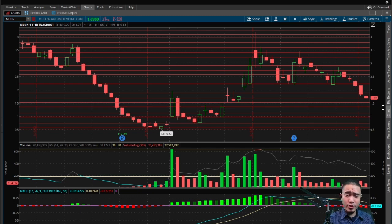Momentum is cooling off here. This didn't have the hype around it like it did before. So I would say going short here would be a low risk, low reward play. Seems like a relatively easy 10% at least. So while it's not the most exciting play, not the most money in the world, it should be a relatively